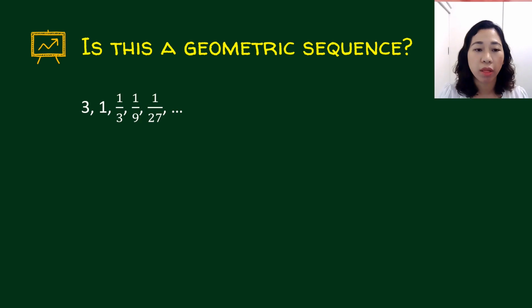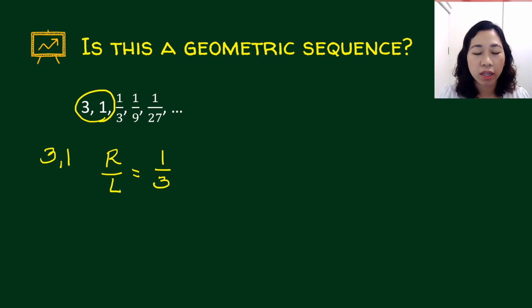Okay, what about this one? 3, 1, 1/3, 1/9, and 1/27. Let's do that again. So I will get my first two terms. 3, 1. My r over here is 1/3. So that means that for 3 to become 1, it will just be multiplied by your number r here, which is 1/3. Okay, let me just write it here so that it will be bigger. 3, 1, 1/3, 1/9,